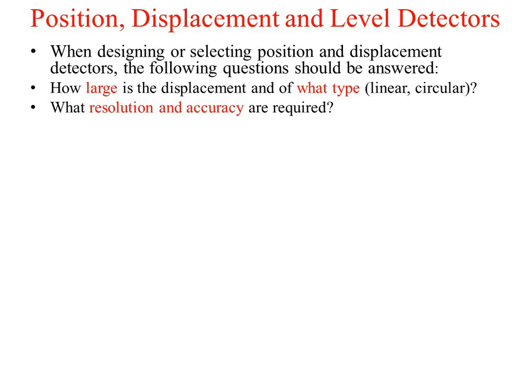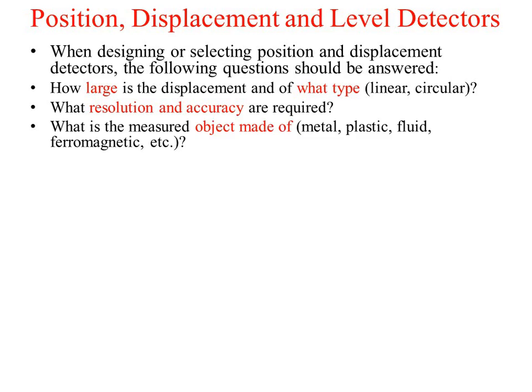What distance you want to measure, whether you want to measure the distance in terms of mm or cm, centimeters or meters or less than that. So accuracy and resolution is a very important part for displacement and position. Then what objects you are going to measure or what kind of objects you are going to detect, whether it is a metal, whether it is a plastic, whether it is a fluid or ferromagnetic. So depending on your application,